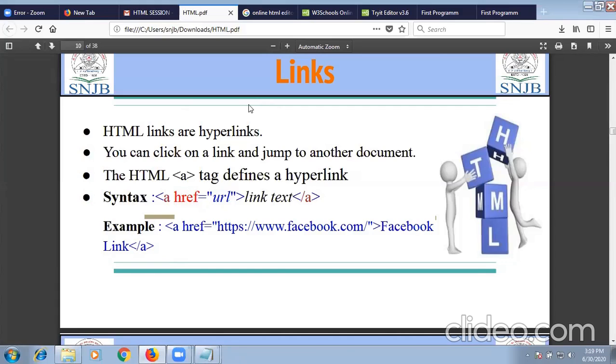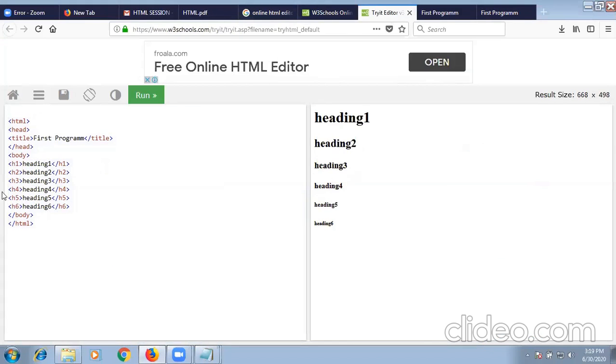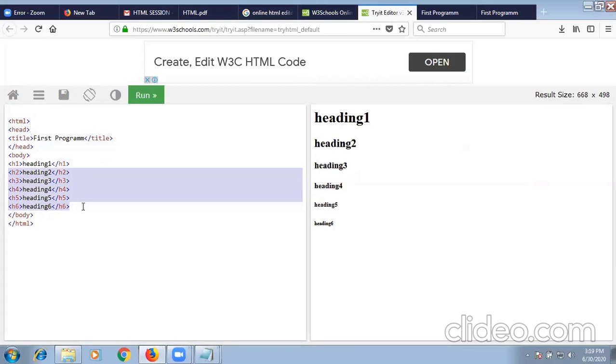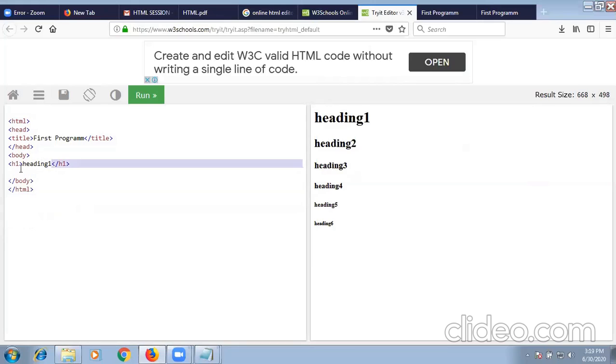So we will first try it in the online editor. The headings are already there. I will remove the headings from second to sixth. The heading will be the topic we are learning, that is text link.